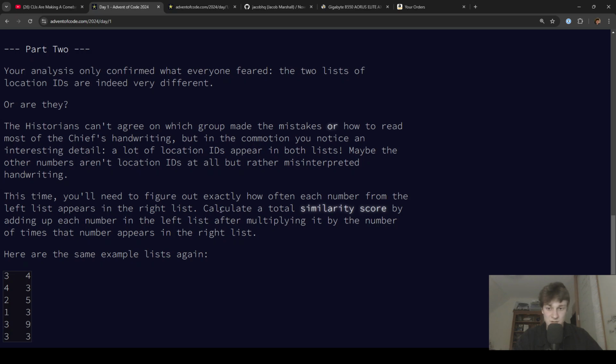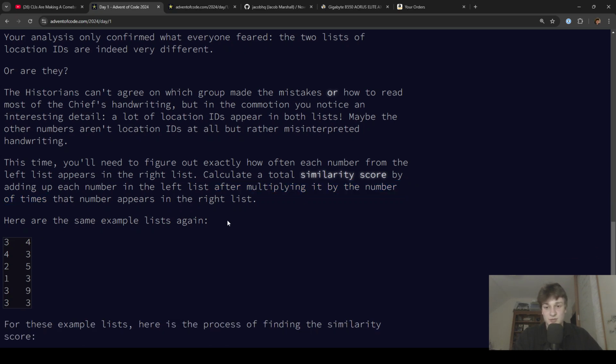So what they want us to do is compute a similarity score. They tell us how to do that. How do we do that? We add up each number in the left list after multiplying it with the number of times that it appears in the right. So I found that quite confusing, but what it basically means is that we have the 3